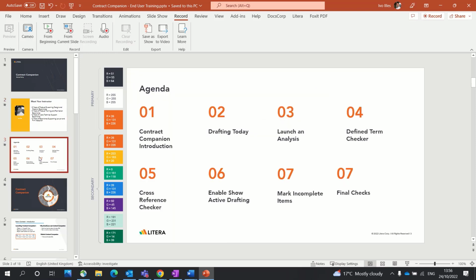Now I will move to the next slide, and this is our agenda for today. First, we will start with the Contract Companion introduction, then we will move to drafting today. I will show you how you can launch the Analyze button, how we can launch the Defined Terms Checker, the Cross-Reference Checker, and how you can enable Show Active Drafting. Also, I will walk you through how you can mark incomplete items. And lastly, I will demonstrate how you can finalize your agreement within the Final Checks. So with that being said,